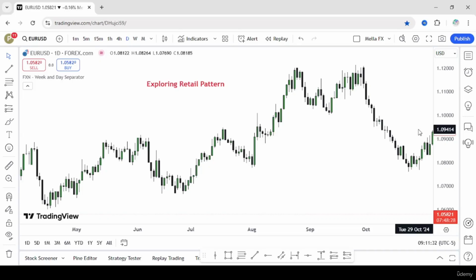Welcome back to this episode, and in this episode we'll be exploring retail patterns. I'll just mention a few, but there are multiple retail patterns. For example, the bull flag, the bear flag. There's also the trendline pattern, the head and shoulders. I'll just be exploring with you the idea behind one retail pattern, which is the